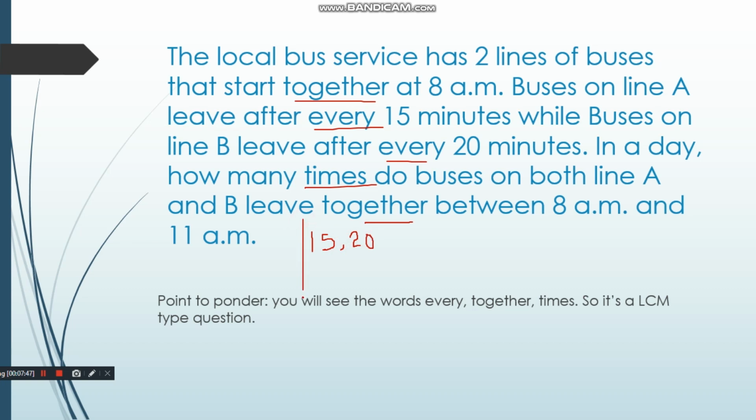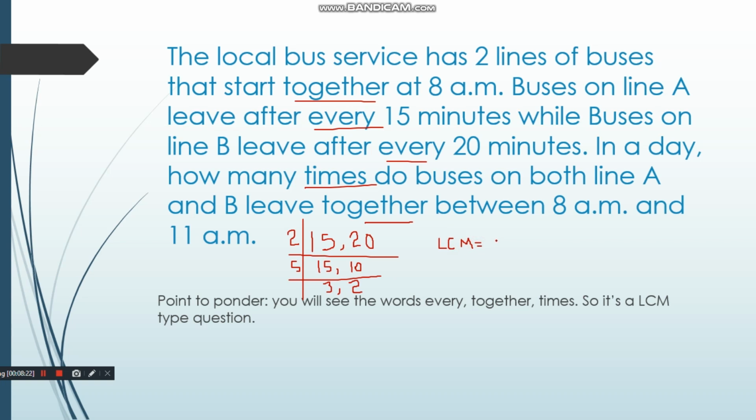So let's find the LCM of 15 and 20. Now 15 and 20, as you know, they both are divisible by 5. But as I told you, you are going to start with 2. So 15 does not come in the table of 2. So you are going to write it as it is. And 2 times 10 is 20. Then you can now divide with 5. 5 3s are 15 and 5 2s are 10. Now your LCM